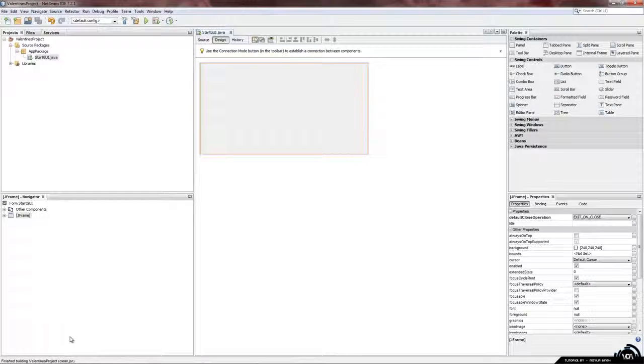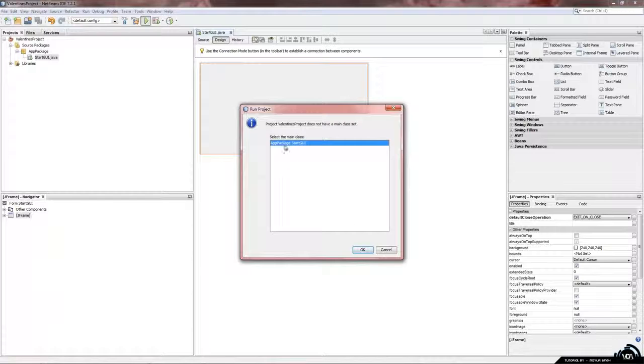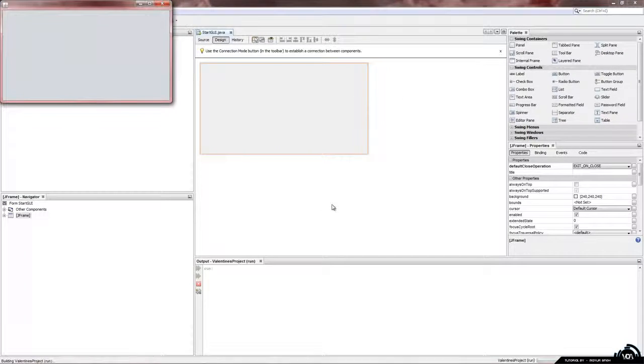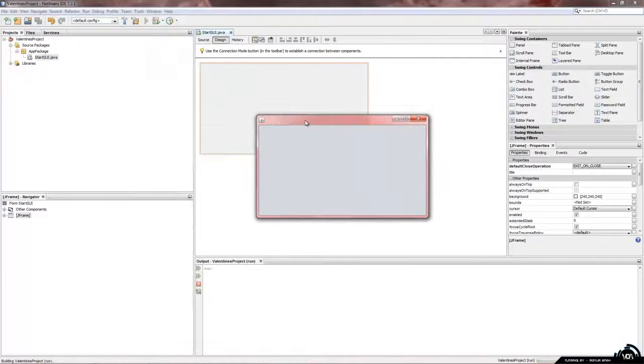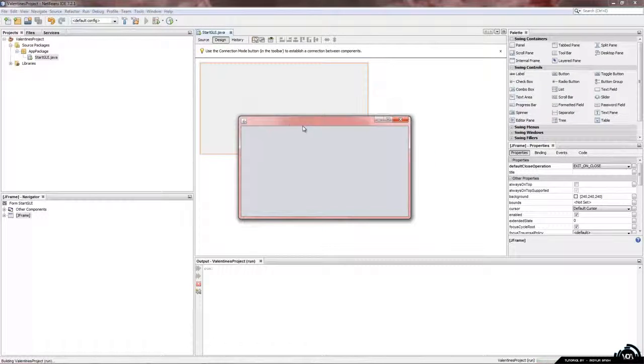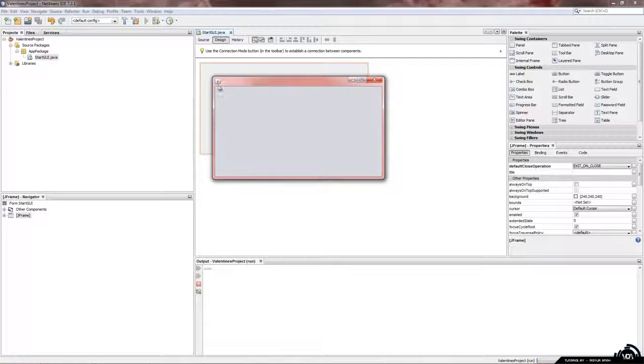So bottom left it says finished building Valentine's project. Now we can click on the green play button and select the main class, which is the first one. That's the only one there. And on the top left hand side you can see we have a window. Now this is the start of our application. On the left hand side you can see we have a coffee cup, and we can click on close,